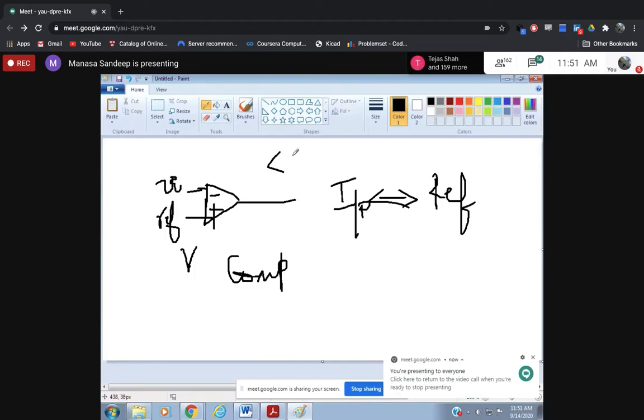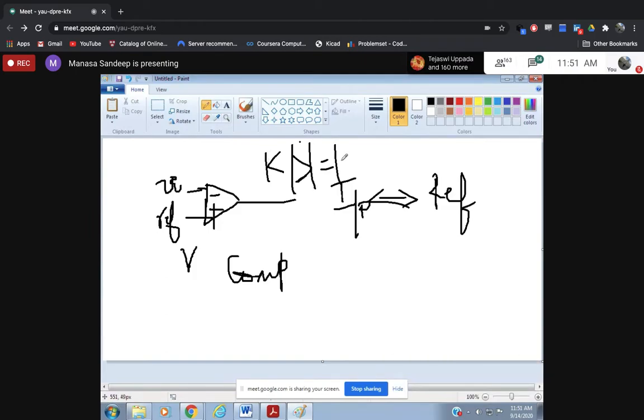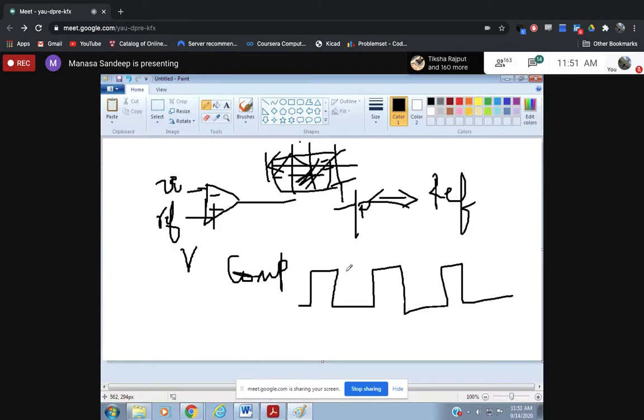So is it like this? No, it is not like this. You are not going to get a clear identification of something like this. It depends upon the circuit, how you want to design it. Okay, so the output of this will be like this. Okay, so what is this? Plus V saturation, minus V saturation.